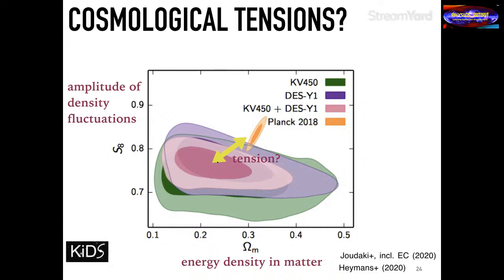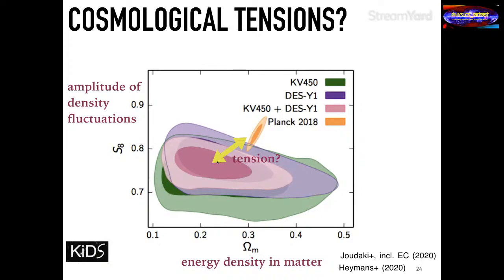Now, this could be a hint that we need to go beyond that cosmological constant model and try to see if there's something else in the universe that is causing this difference between the two experiments. The difference is not so big for now, so it's a bit early to say whether a different model for dark energy is needed. But this is something that the future telescopes will be testing once again